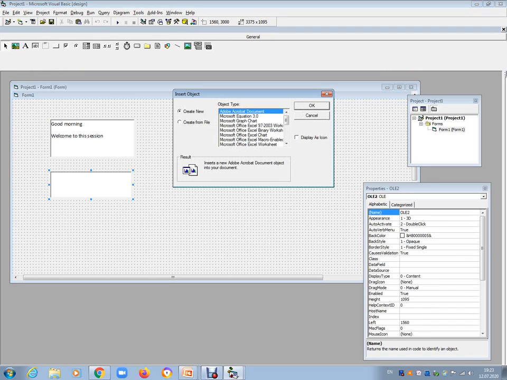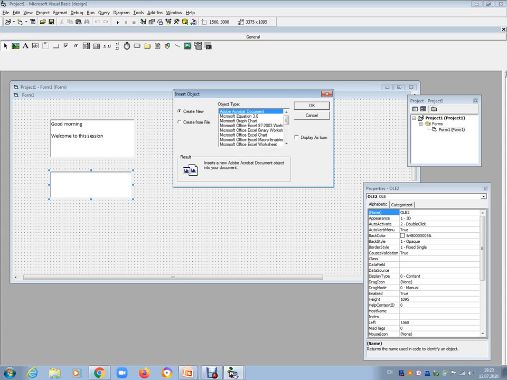Each and every time you need to get a new object from your toolbox, because one OLE object can link or embed only one application. Here we already created one application, so we can't use this OLE container control to embed another application. So we create the next new OLE object here.